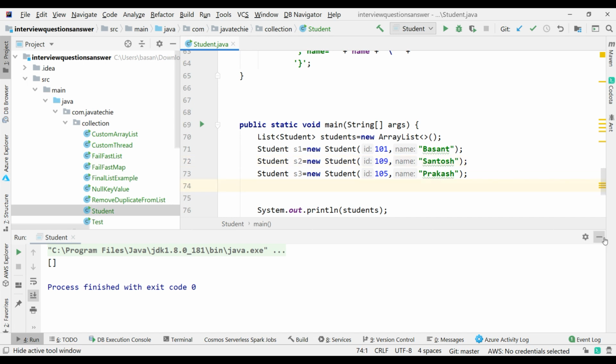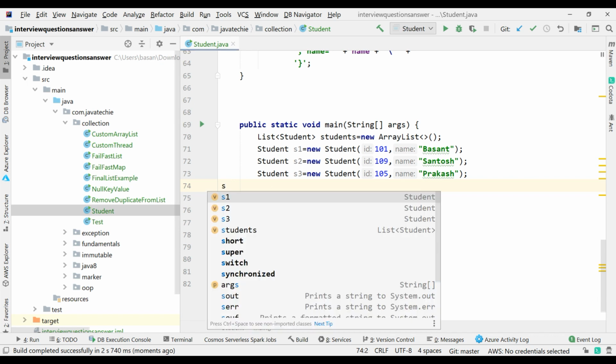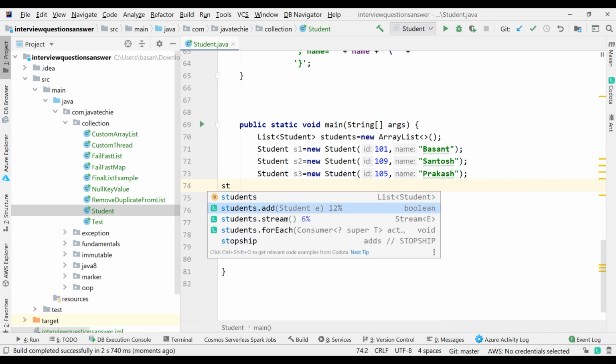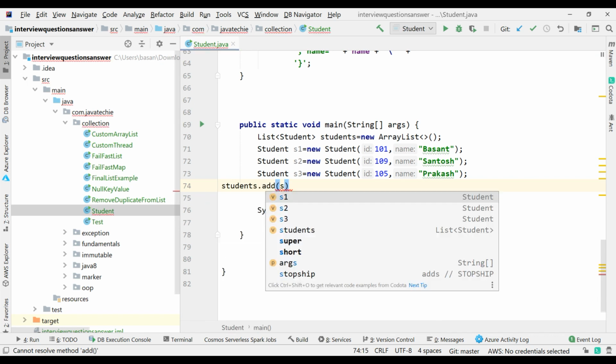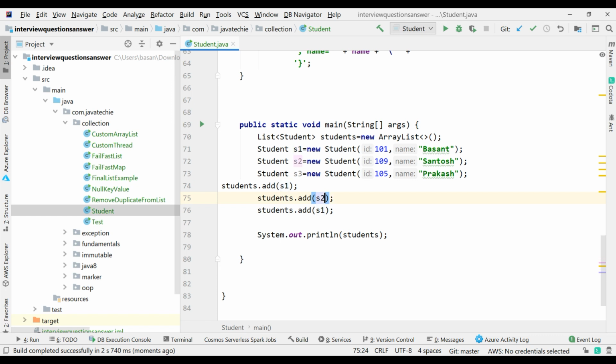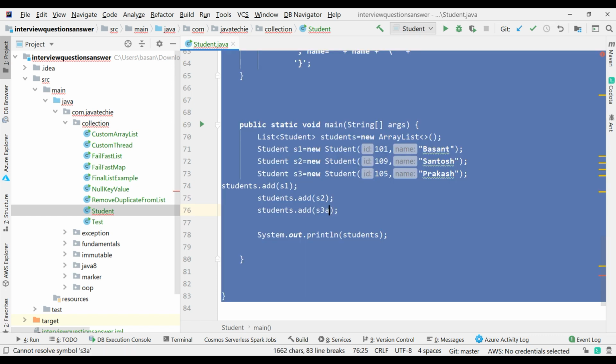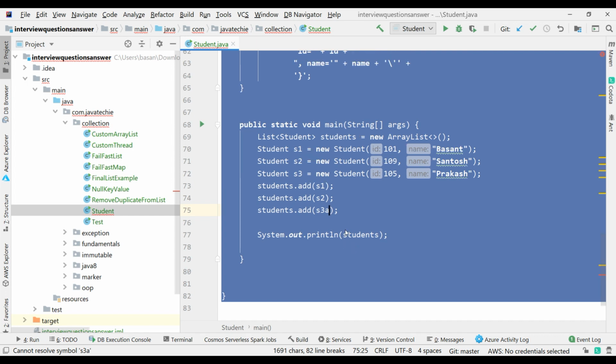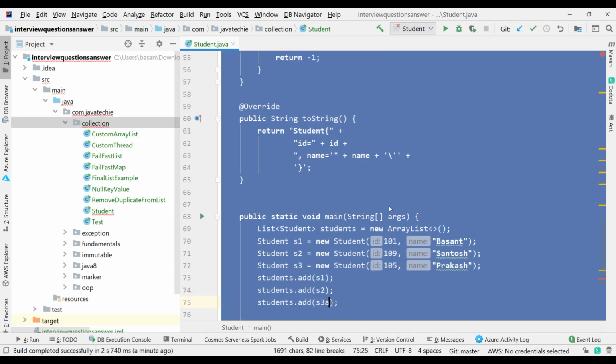We didn't add these to the list, right? So students.add(s1). Similarly, I will add for s2 and s3.